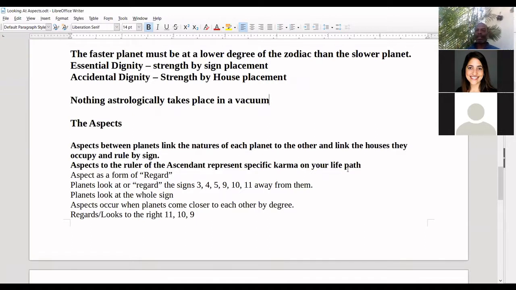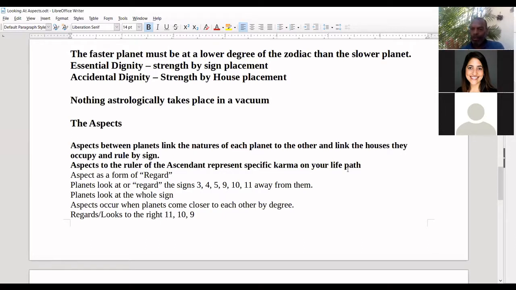This is what I like to think about when I think about the chart. First of all, that the chart is your karmic record. Everything in the chart represents the karma that you came here to experience. So it's not like there are karmic elements of the chart or whatever. The entire thing is your karma. Secondly,